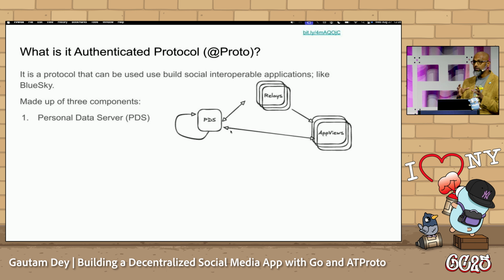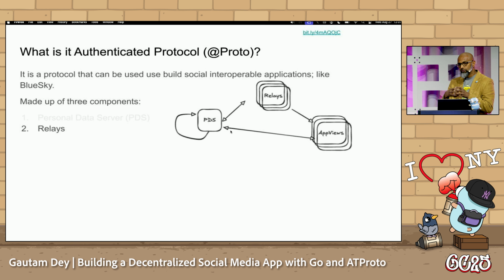The first one, which I feel is the most important because it's the core thing that makes it different from Mastodon and stuff like that, is the PDS, or the personal data server, where all the user actions are stored. So if you make a like or you write a post, it goes into your personal PDS and it doesn't modify someone else's post or anything like that. So when you like a post, it's actually writing a like record that then points to the post that you're liking, which is different. And then the next piece is the relay.